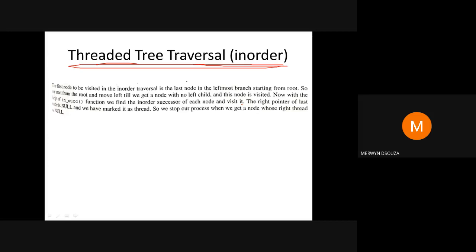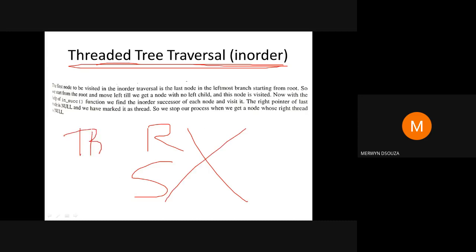But when the computer is doing it, it's easier because the computer is not using recursion and is not using stacks. It is not using both of these, so it finds threaded binary trees to be better. For us, when we are doing it on paper, it may not make much of a difference.